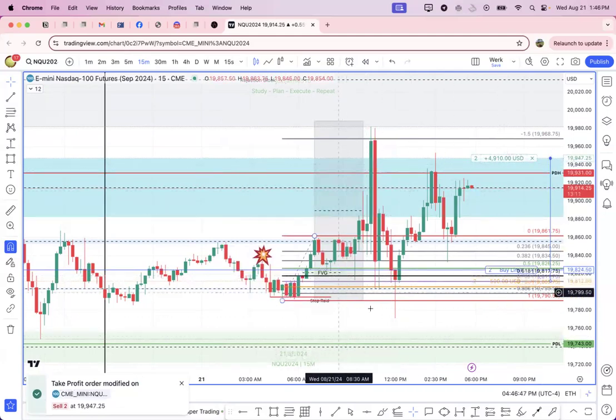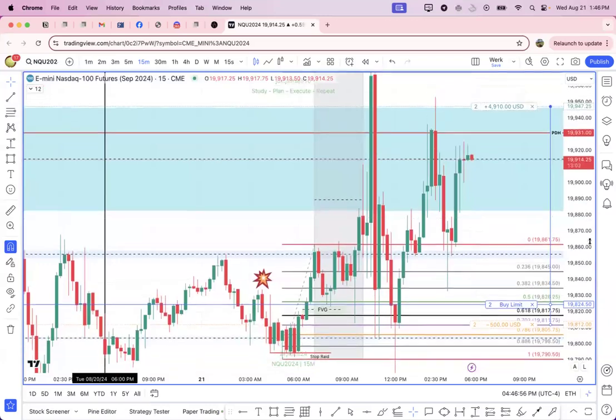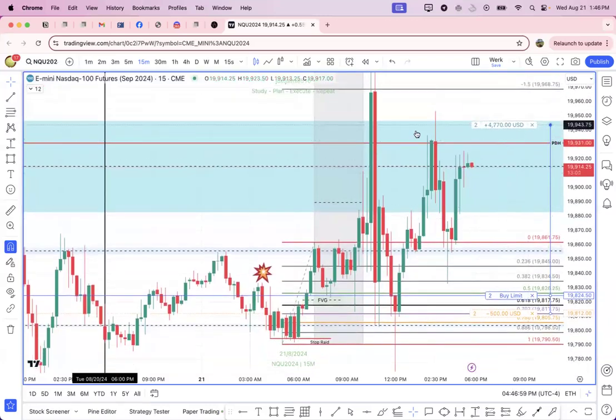I don't know that I'm at that level yet. So at the very least, I would have been safe on this retracement. It would have come ticks away from my exit, but I would have been safe. And then I can target previous day high.